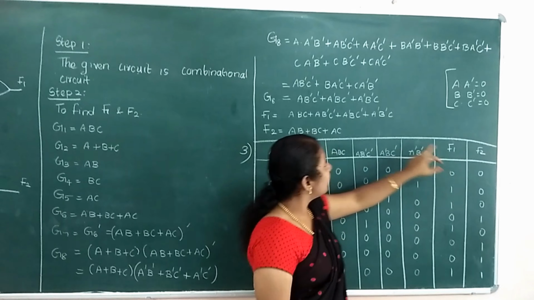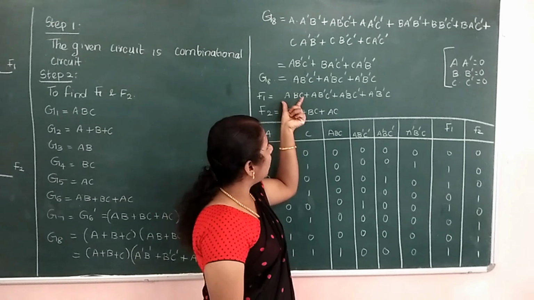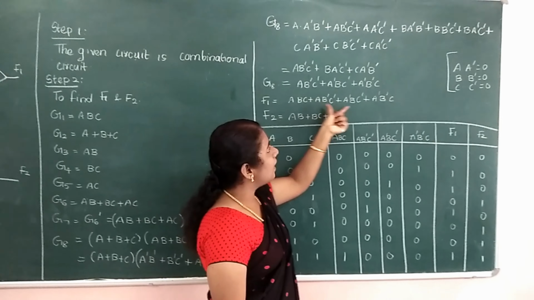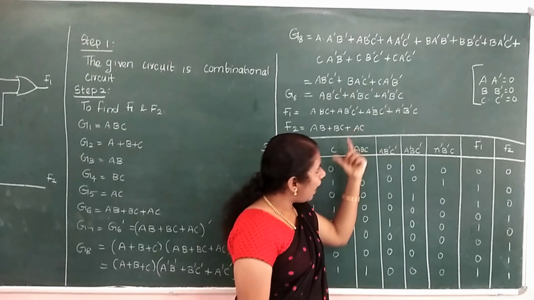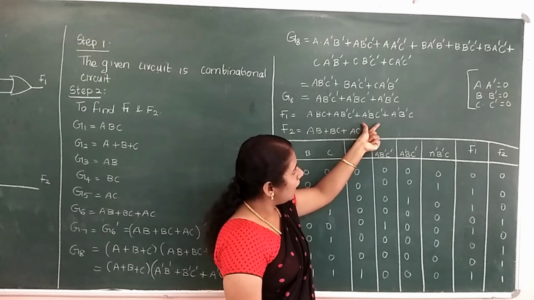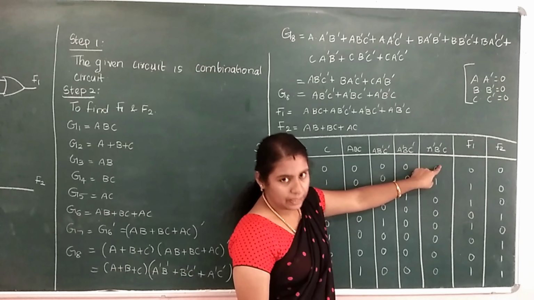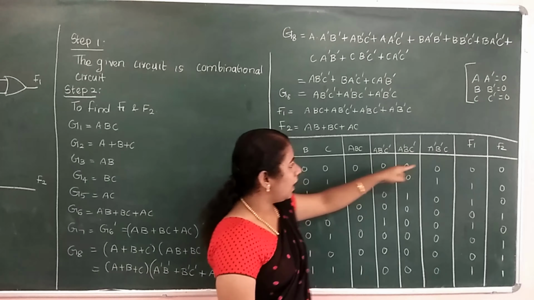For this there is a need for all these terms. So we want to find out each and every term first. After that, we perform the addition operation between all of these, and we get the value of F1. So first write each and every term of F1: A B C, A B' C', A' B C', then A' B' C. Then we want to find all the values first. So first, A B C.